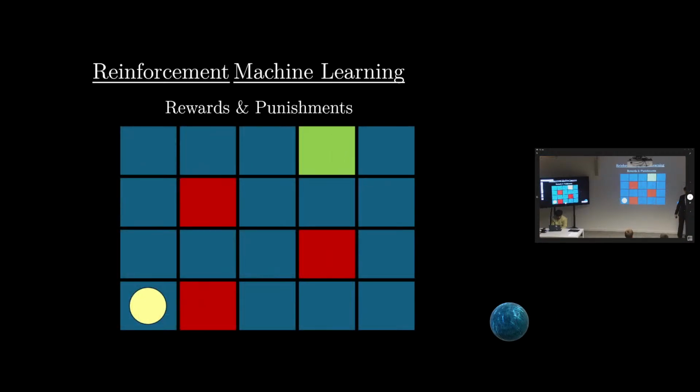Let's take an example. So this is our AI. It's the yellow circle. And it wants to arrive at the green square. And the red squares mean the punishment squares. At the beginning, our AI doesn't know where to go. It just goes randomly, but it learns. That's the point. First, it would go to the red square. Then it learns, okay, I got a punishment. I shouldn't go here anymore. So it goes back and can't go here anymore.